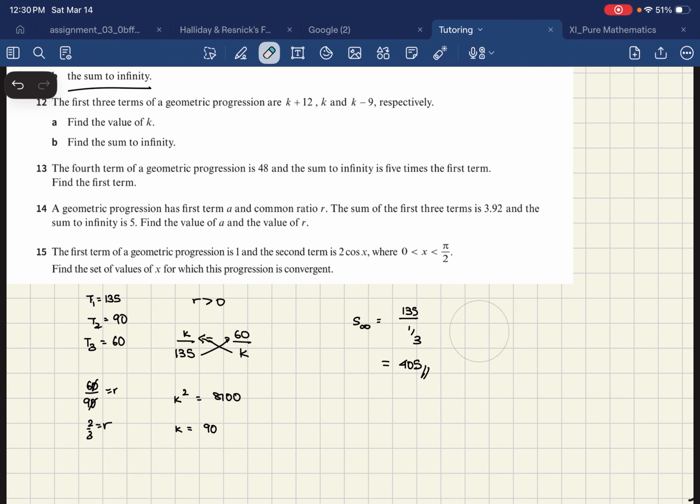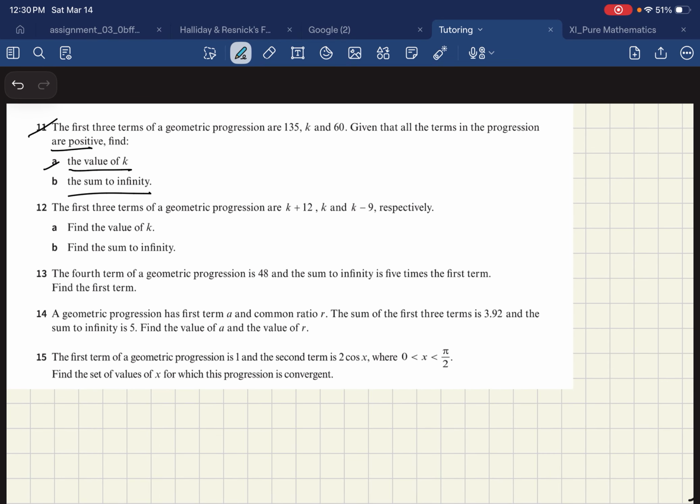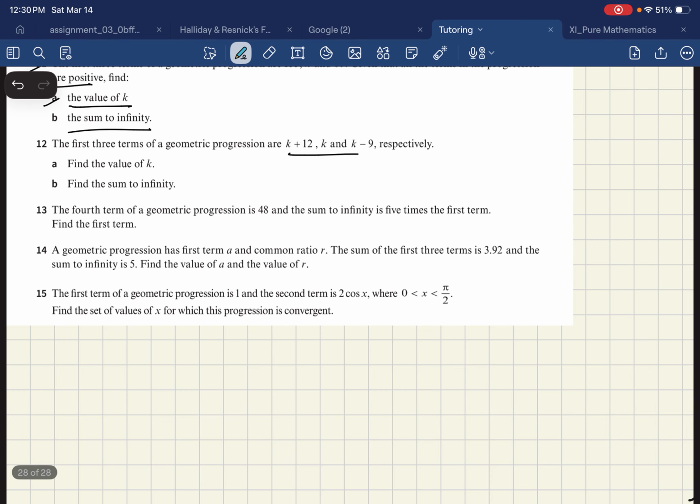All right. Question 12. The first three terms, again, is the same type of question. So we can use the second term divided by the first term should equal the common ratio, and the third term